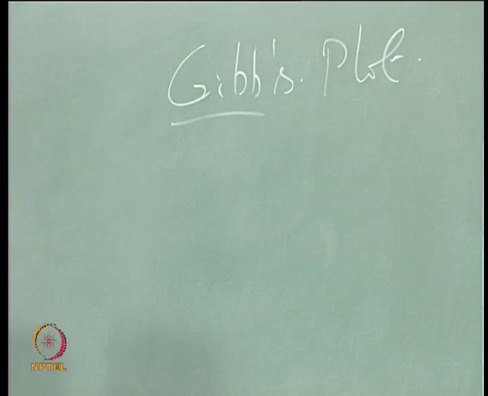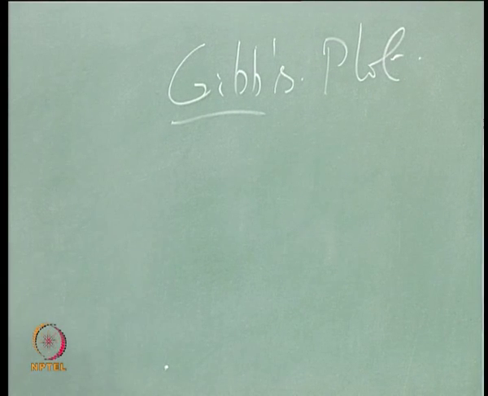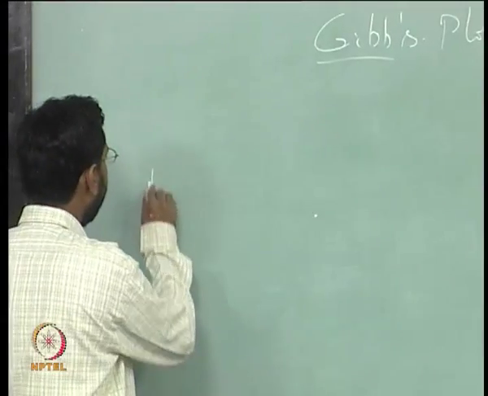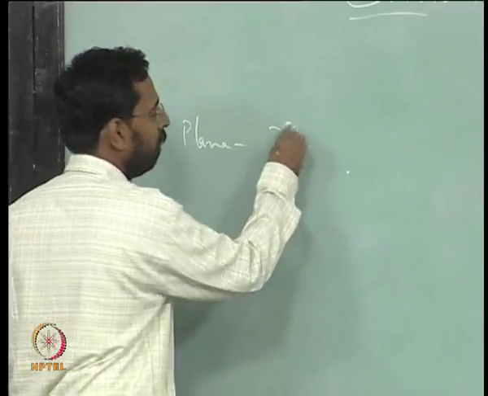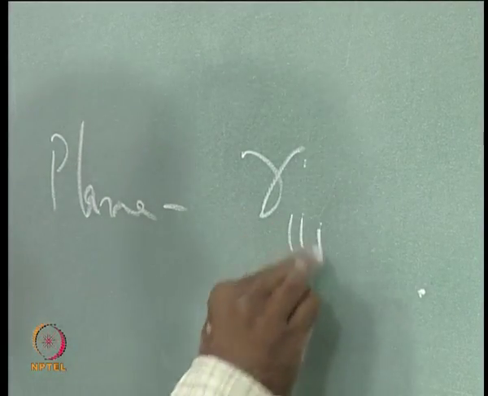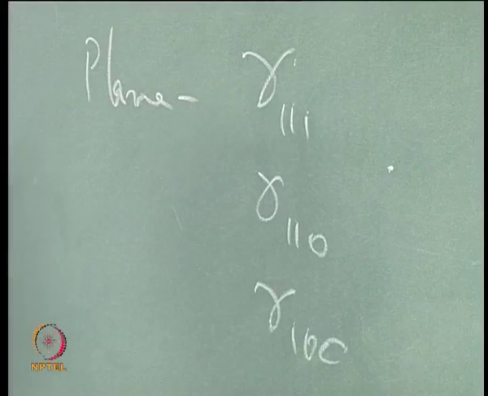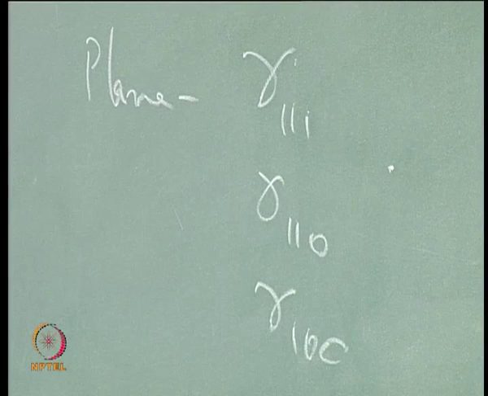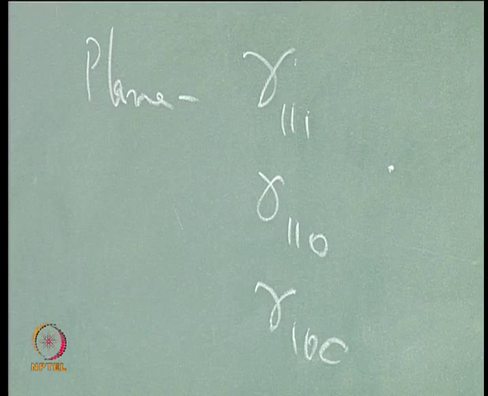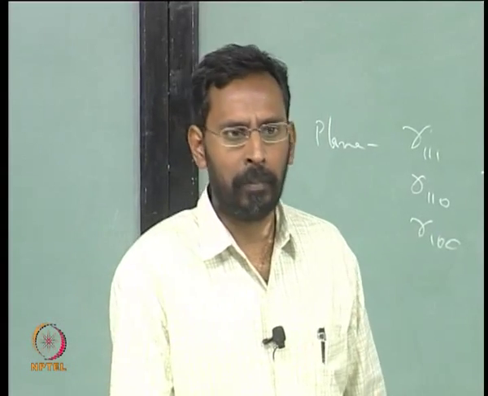What he has done is, let us assume a crystal structure, let us say cubic, FCC aluminum: liquid aluminum is solidifying into FCC aluminum. What should be the shape of the nucleus for the FCC aluminum that is coming out? Let us simply think that every plane has a certain surface energy. There is a gamma of the 111 plane, a gamma of the 110 plane, a gamma of the 100 plane, and so on, am I right? And this surface energy depends on the number of broken bonds, and one can easily calculate this in principle.